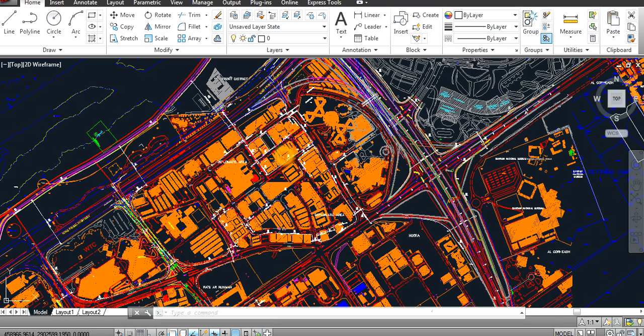Hello, I'd like to explain in this video about layers. So I'll start with showing you the layers properties in the home of the AutoCAD. I'm using AutoCAD 2013, and I just need to click on this button so I can show the layers